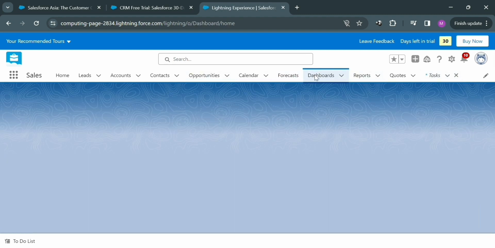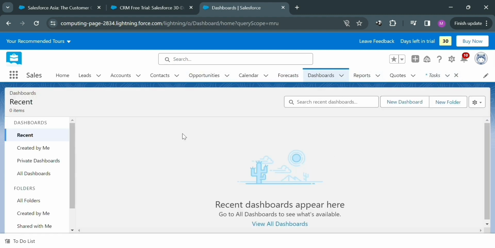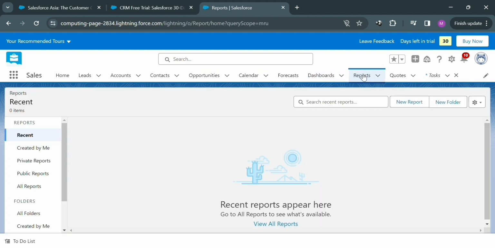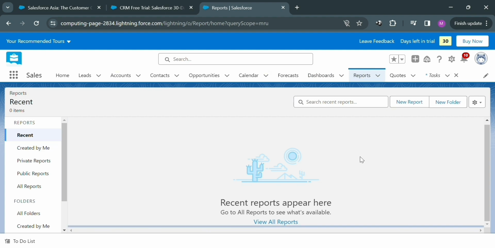Now moving on to the dashboards option. From here, you will be able to see your recent activity, the private dashboards, all the folders that you've created, which the purpose of this dashboard section in Salesforce is to provide real-time data, insights, and performance metrics to sales and revenue teams. And on these reports, if you want to create new reports, just click this new report button,